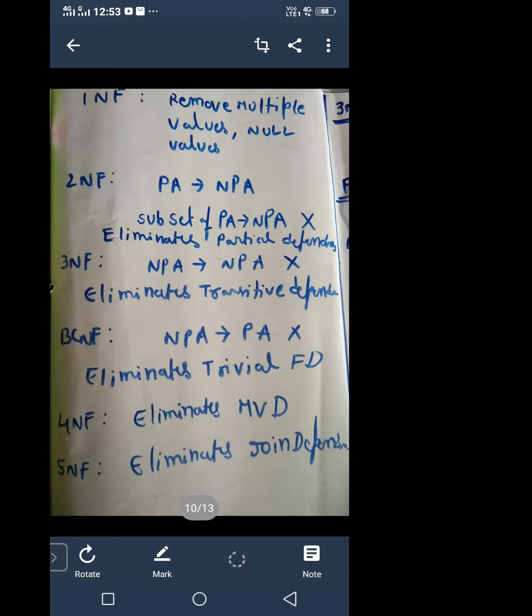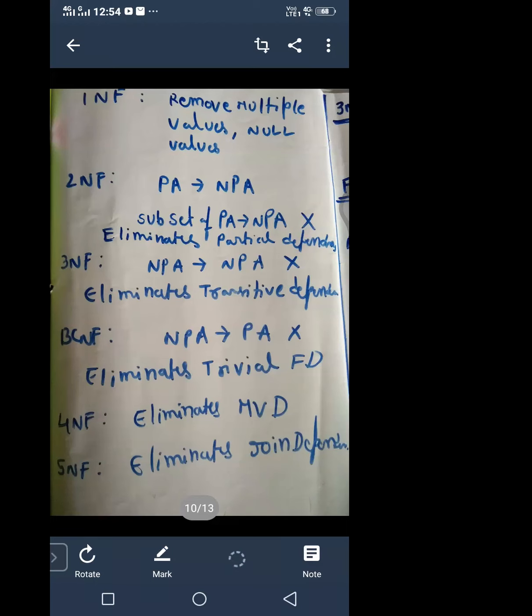Okay, so next, this type of thing will be referred to as a partial functional dependency. Those types of occurrences are removed in the second normal form. Okay, from the exam point of view, in some situations they may give some set of dependencies and ask which type of normal form it is.